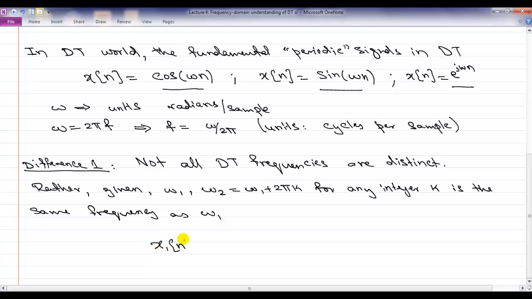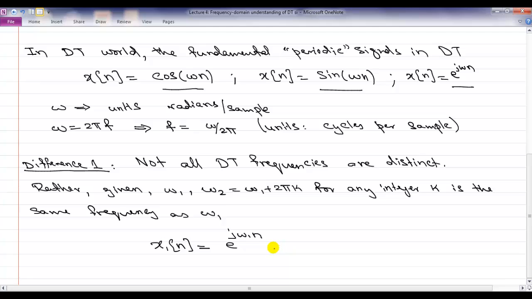Let's say, and we'll work with complex sinusoid because that's easier to do analysis. Since cosine and sine can be expressed through complex sinusoids, the same analysis holds. So let's say we have some frequency x1 n equal to e to the j omega 1 n. Okay. So omega 1 could be, for example, 2 pi by 3. So it's a 2 pi by 3 radians per sample frequency. What this means is that between two samples, if you are on the unit circle, it covers 2 pi by 3 radians between two samples.